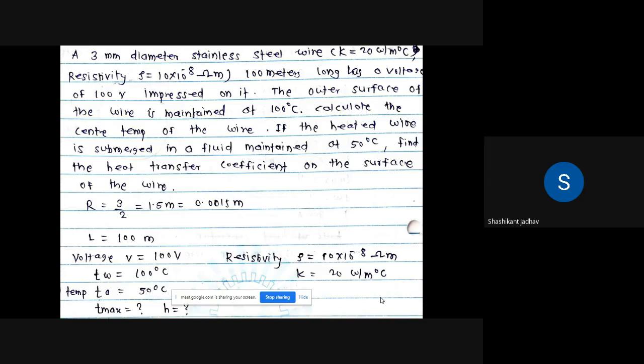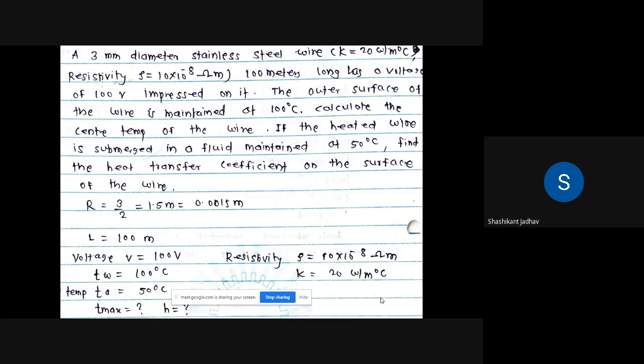Okay, first of all you have to read that problem carefully and understand what is given, and from that given information we have to understand which formula we have to use for that particular problem, and by using that formula we have to calculate the values. So first of all you have to write down the given things.